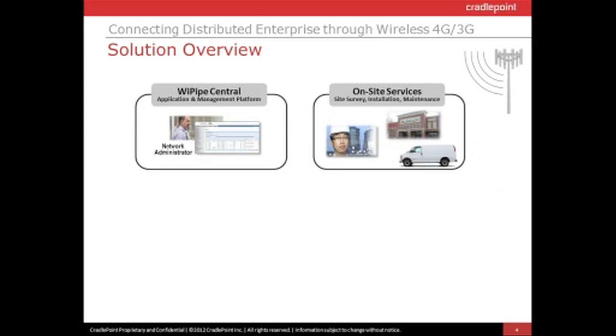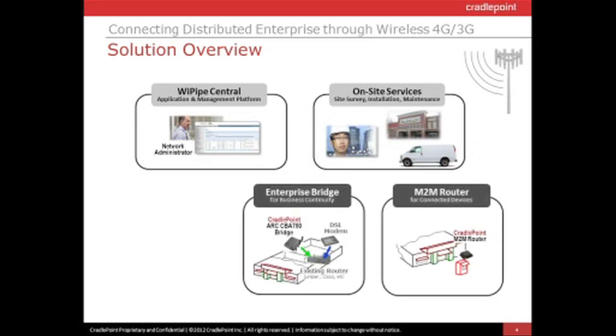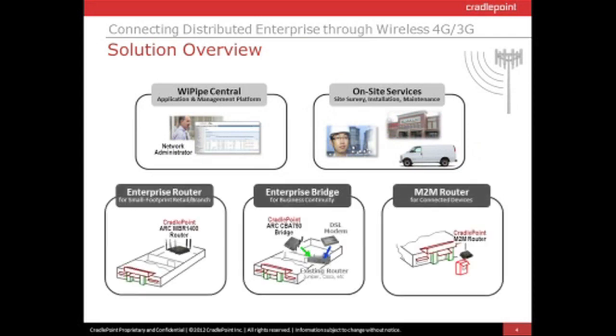In terms of solution overview, we have three types of products on the bottom. We have enterprise routers, enterprise bridges, and M2M routers. WiPipe Central is our management platform, and on-site services. The reason I'm providing this as an overview is as we go through the recommendations, we'll be